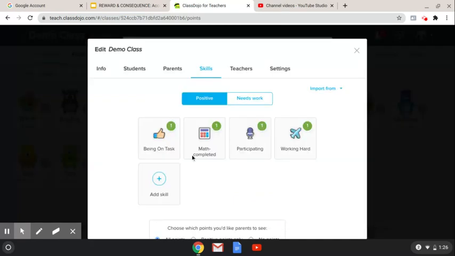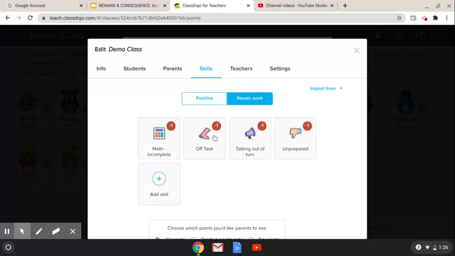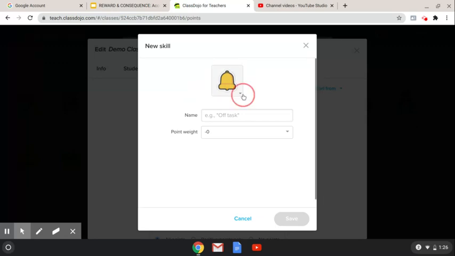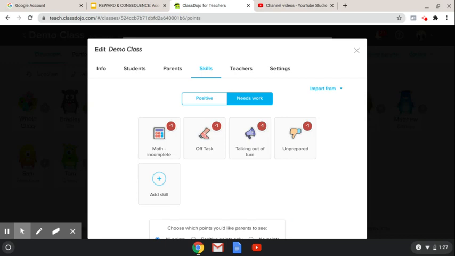Now, remember, each time you create something positive, also try to create something that needs work. So, the opposite of giving 5 points for attendance would actually be absent, and you might not want to take a lot from them. You might just want to take 1 point for being absent. Why do that? Because what we're trying to do here is reinforce the positive behavior and give them a lot of time to really think about the negative behavior and alter it so that they can respond to you